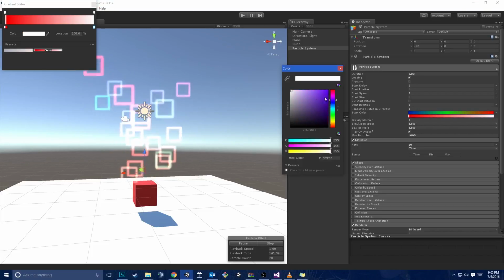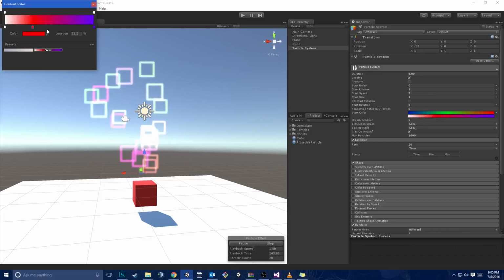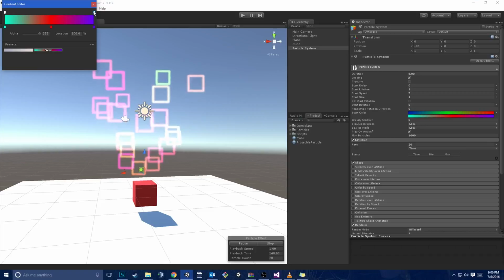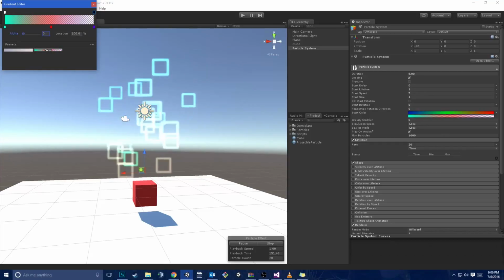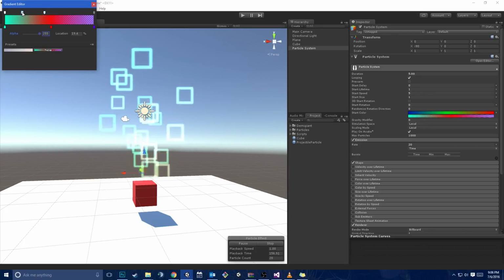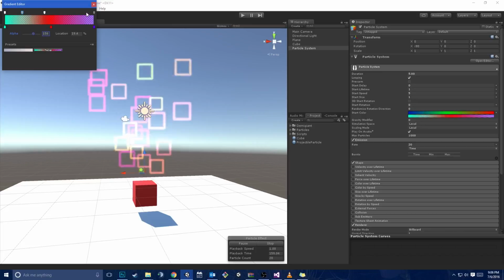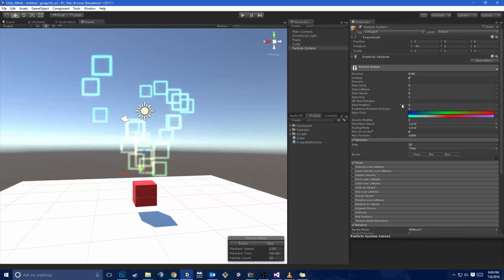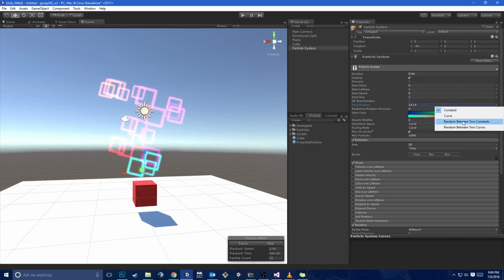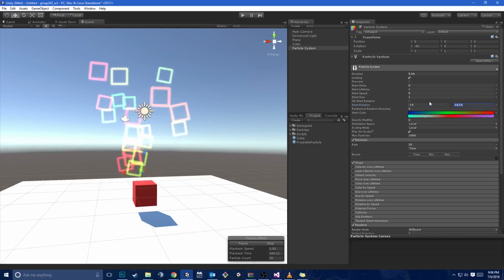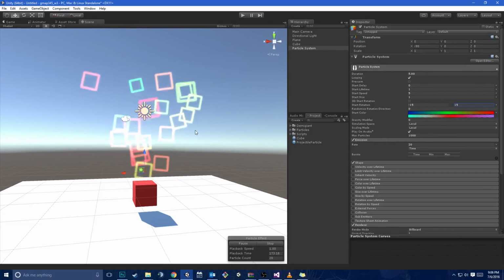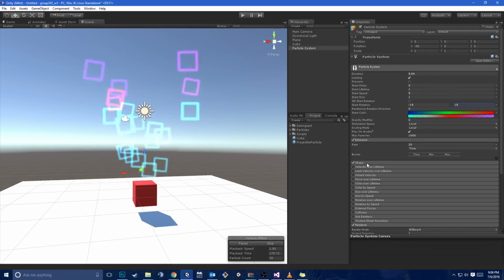And I'm spawning some like neon-looking particles. I can even edit the transparency if I wanted. But I don't really want to do that too much. Okay. I can say the start rotation, rotate them all. I can say this is random between two constants. I can say between negative 15 degrees and positive 15 degrees, and look at that. Now they're all doing a bunch of different things,